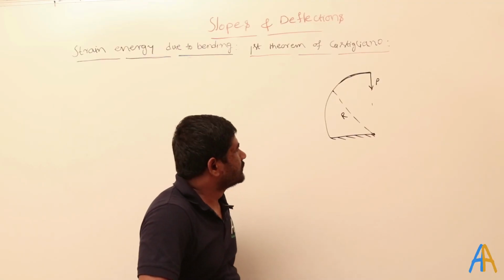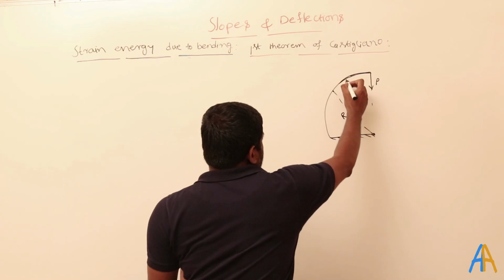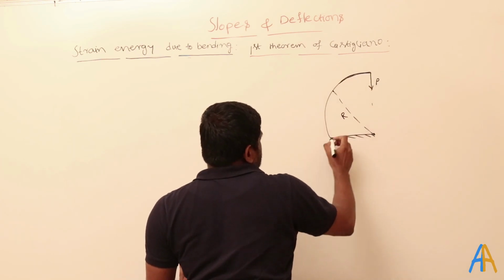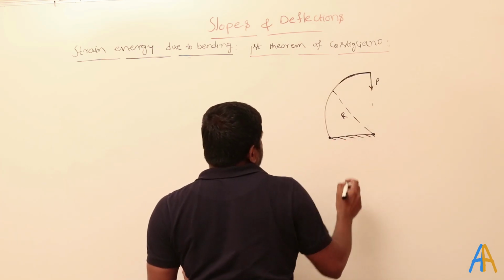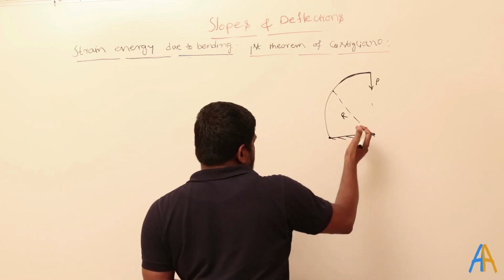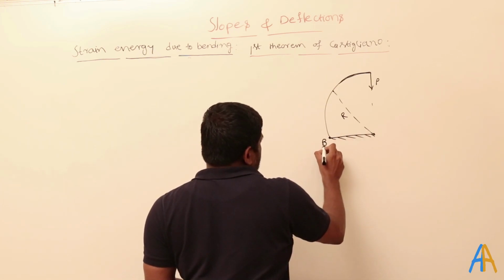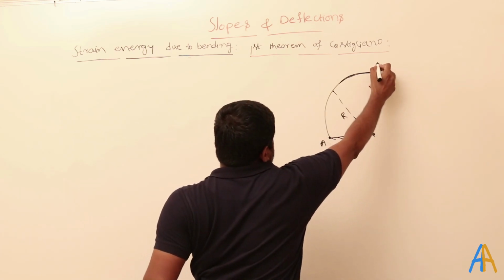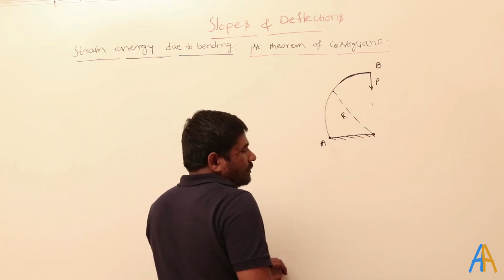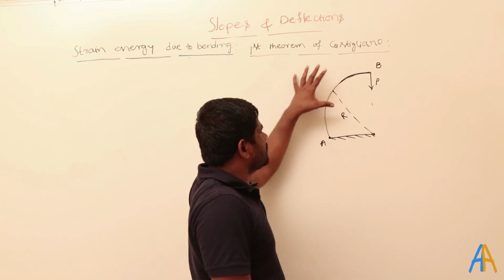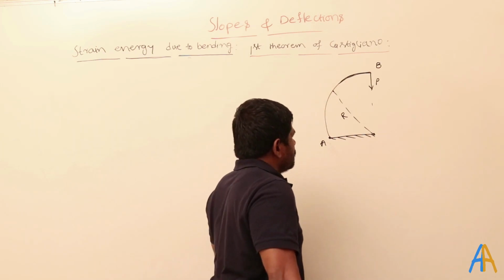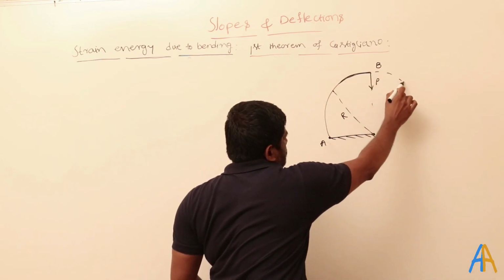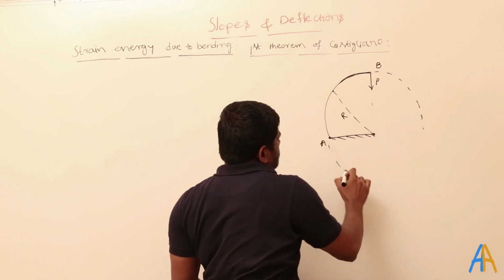So far we have considered straight beams, but if I take the beam in a shape like this, how do we find the deflection in such cases? This is A and this is B, a quarter circle. I have taken the beam in the shape of a quarter circle. If I join it, it will become a half circle, and then a full circle.